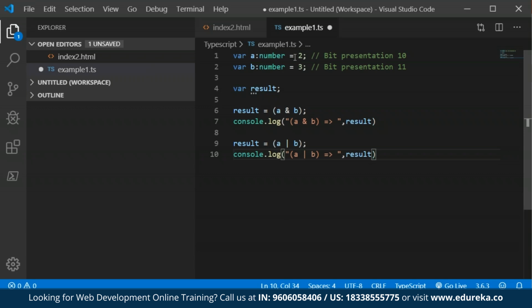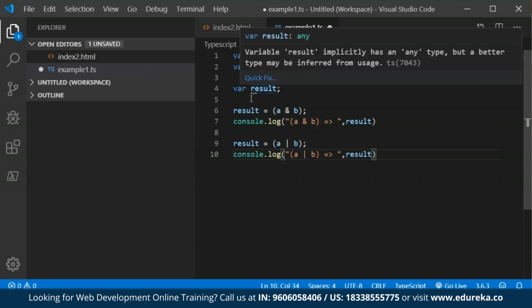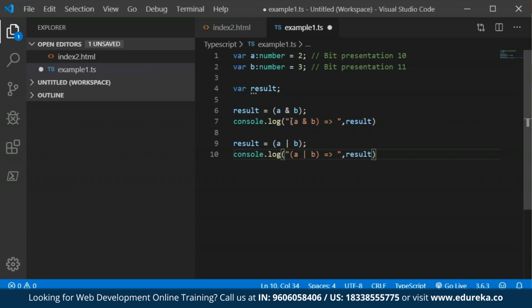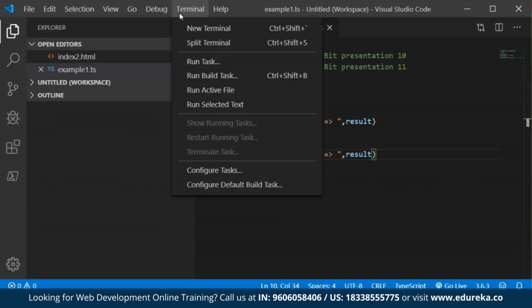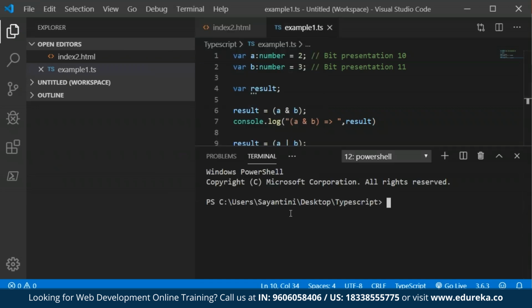So here we have taken a number as 2 whose bit presentation is 10 and the number 3 whose bit presentation is 11. So here we have taken the result A and B, which is our bitwise AND operator. Then we have taken the bitwise OR operator. So now let's save this, go to the terminal and then run this particular code, that is tsc example1.ts, and let it compile, and then we will open our JavaScript file, which is